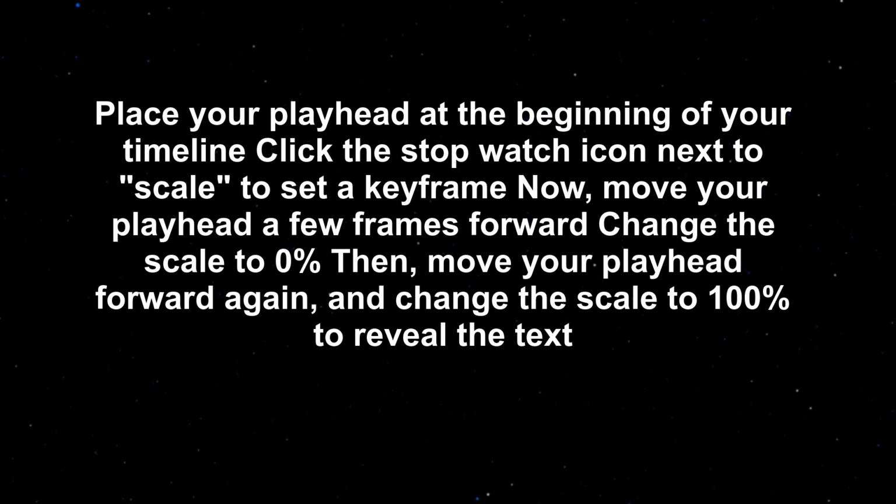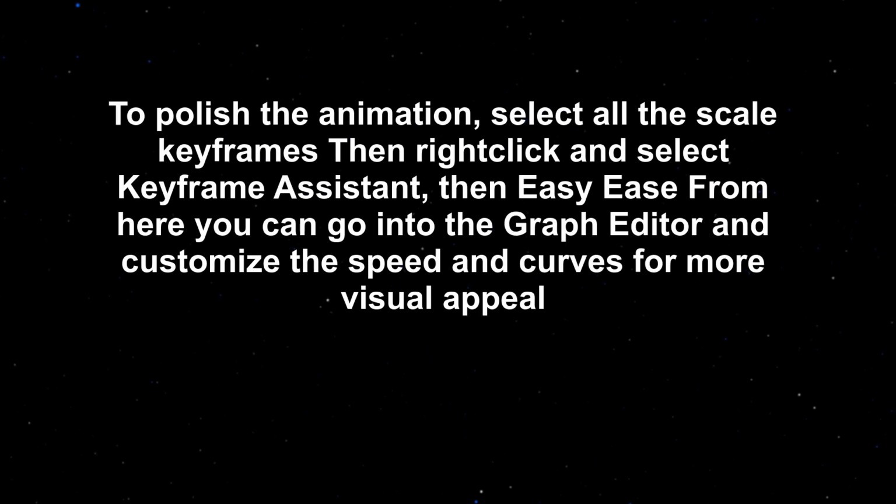Now, move your playhead a few frames forward. Change the scale to 0%, then move your playhead forward again and change the scale to 100% to reveal the text. To polish the animation, select all the scale keyframes, then right-click and select Keyframe Assistant,